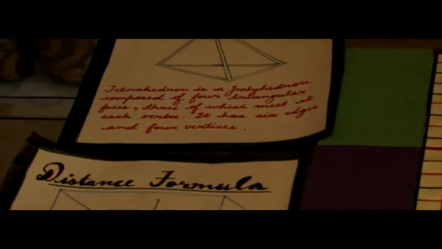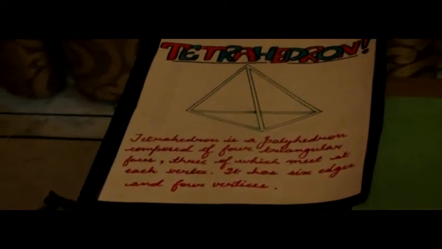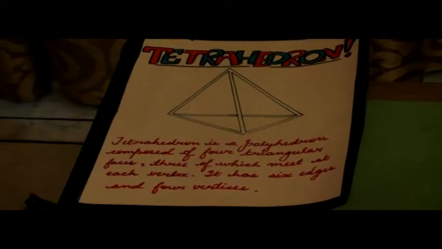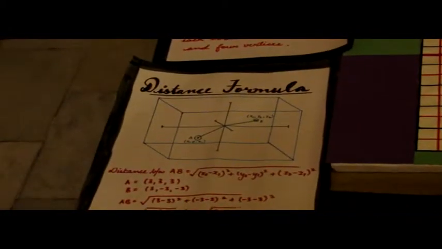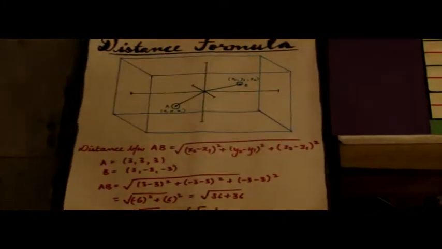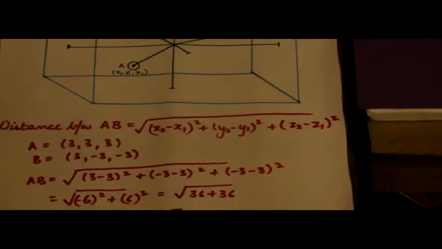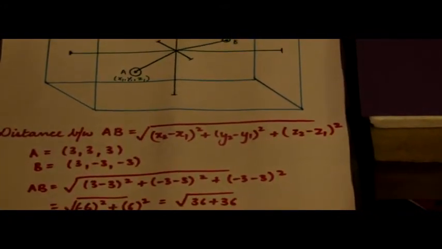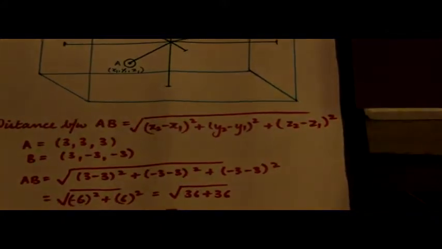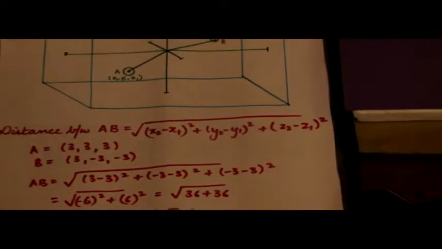In case of a tetrahedron, the base is a triangle, so a tetrahedron is also known as a triangular pyramid. With this model, we have derived the formula for measuring distance between 2 points in 3 dimensions. Distance in 3 dimensions. The distance formula for 2D can be extended for 3D. D equals the square root of (x2 minus x1) whole squared plus (y2 minus y1) whole squared plus (z2 minus z1) whole squared.